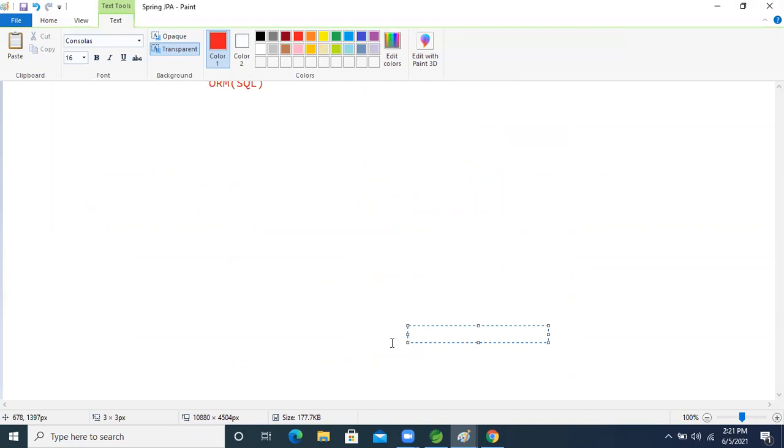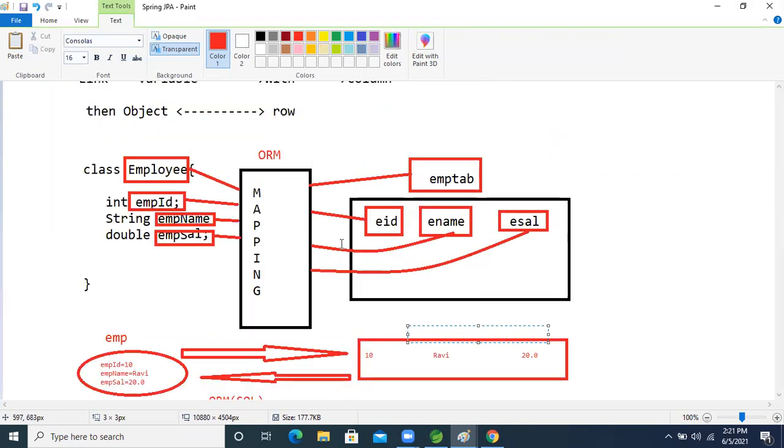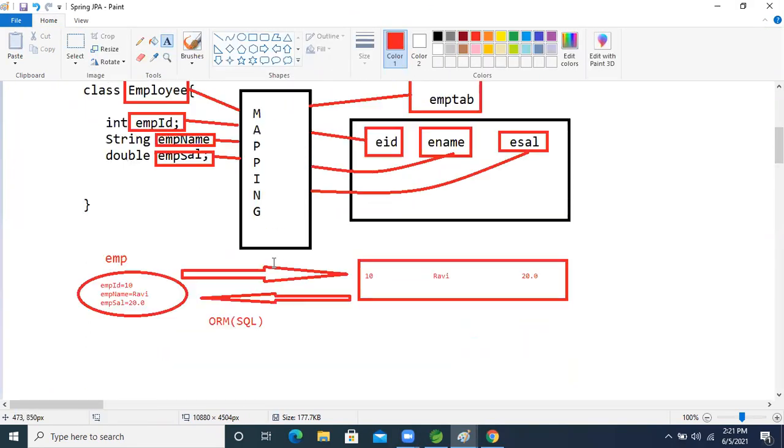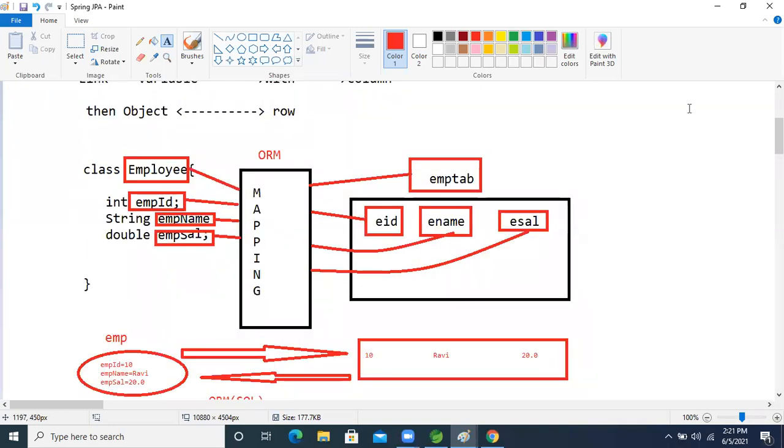But what we are going to do now: this mapping class, we will map using JPA, Java Persistence API, guys. Data JPA is different. Okay, Nagasri.